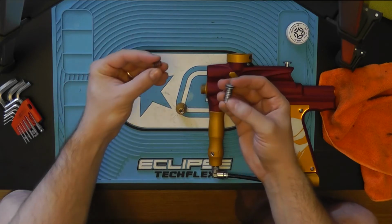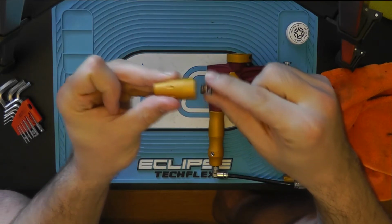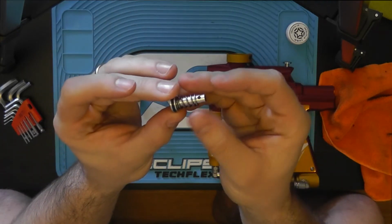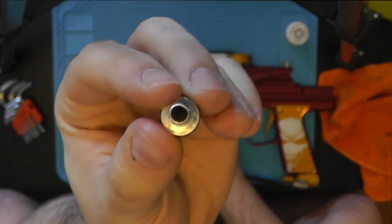So it has this shorter spring, which goes inside the LPR, and then it has the longer spring that goes along the shaft of the piston. So the piston has a little